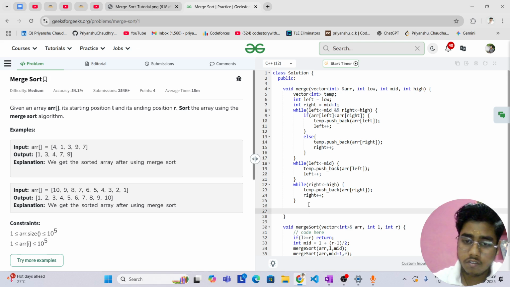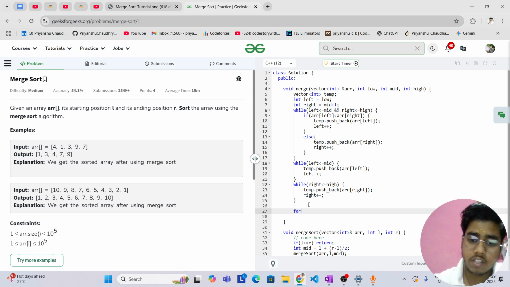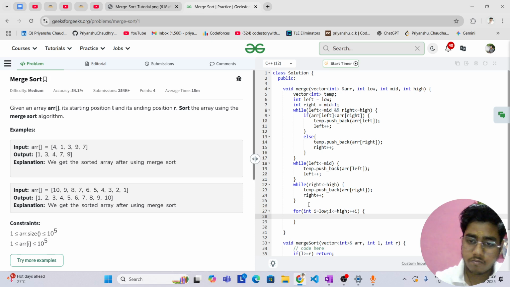Now we have to sort the original array, so we will transfer all the elements from the temporary vector to the original array. So we will say array of I is equals to temporary of I minus low, because array of I will be temporary of 0.